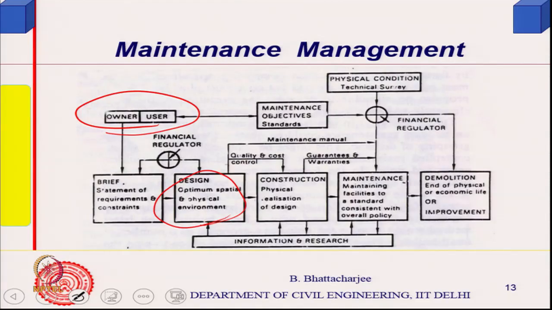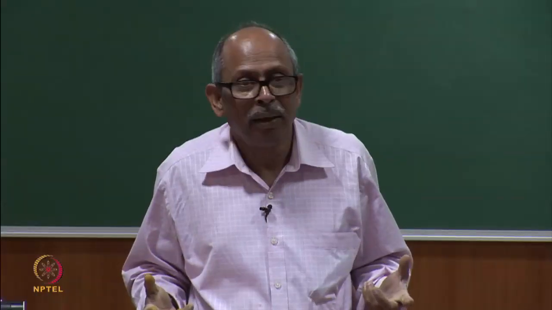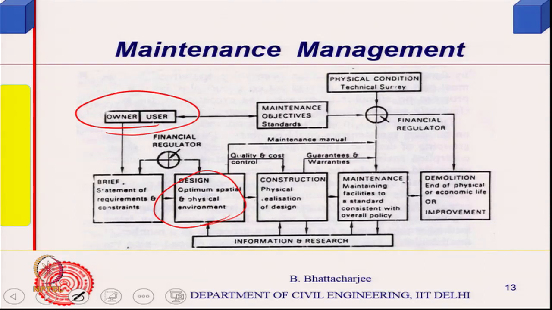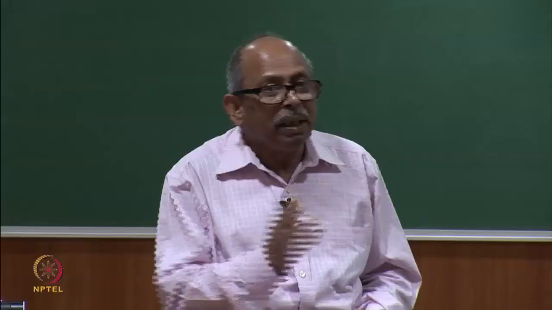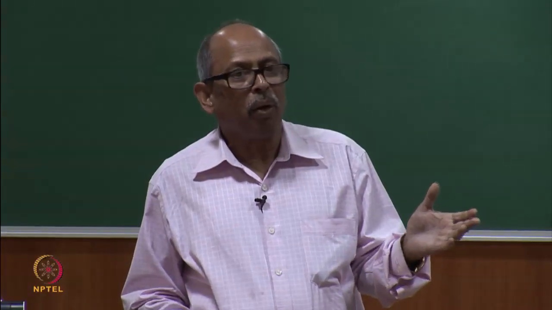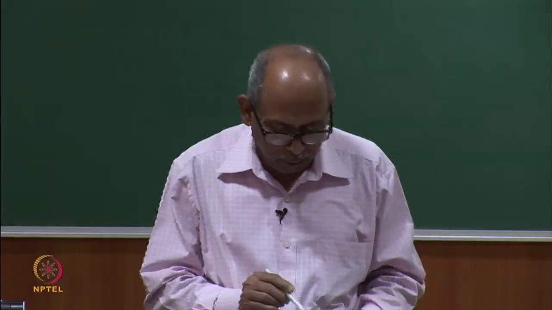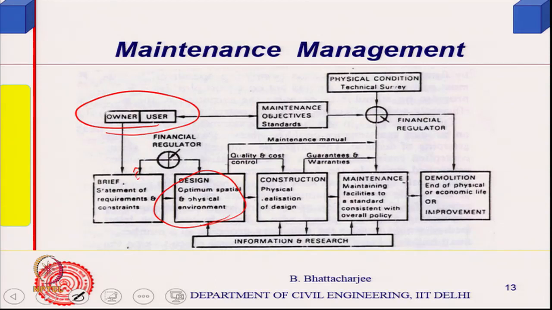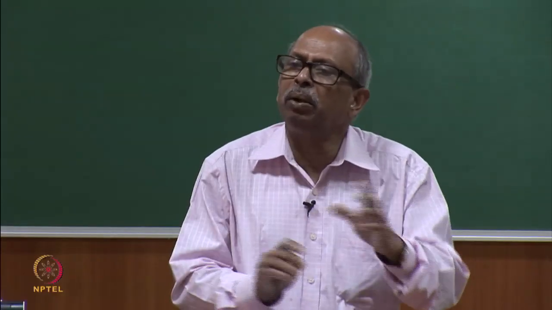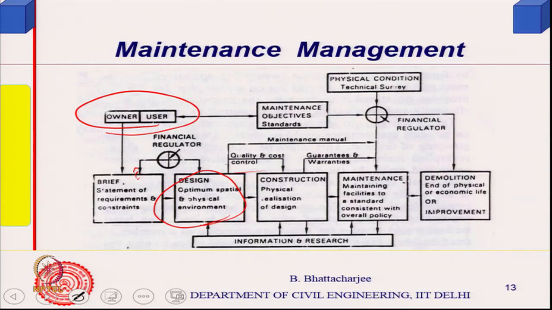But simultaneously you have to see, okay, quite often somebody provides this kind of design and you find that it is too costly. So, there is a financial regulator that all the time goes back, because a budget constraint must also have been given by the owner. So, you might go and change this as much as possible. Then at this point obviously the construction will go, structural design will also take place, and a complete design would be there, and then this information will go to construction and physical realization of the design,